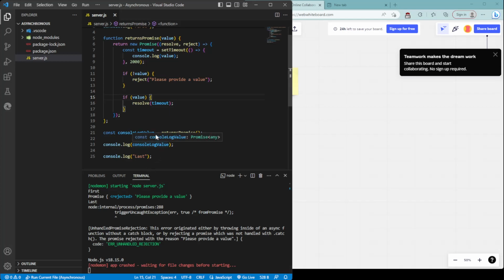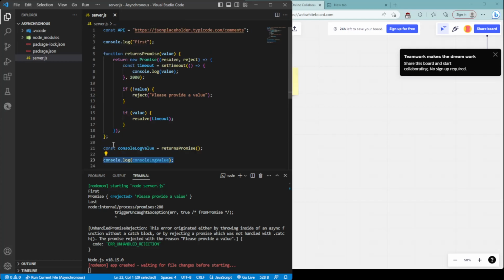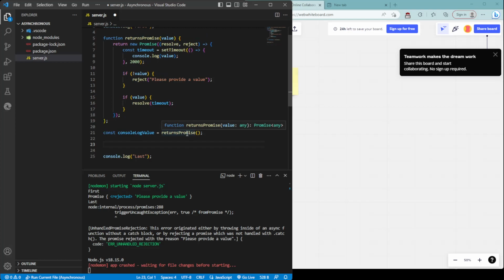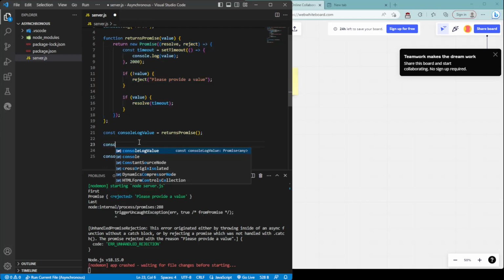Okay. I forgot the fundamental in a promise. Anyway, so this returns a promise, remember? So that means this variable here is a promise, which is this right here. So to actually resolve a promise, what we need to do is,